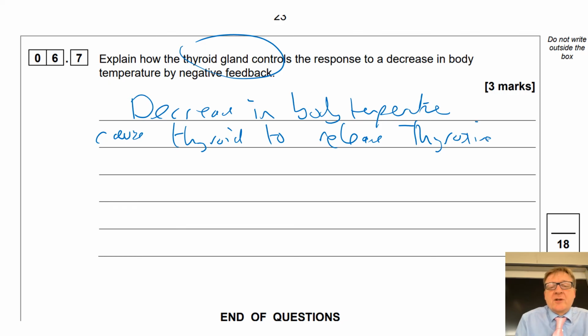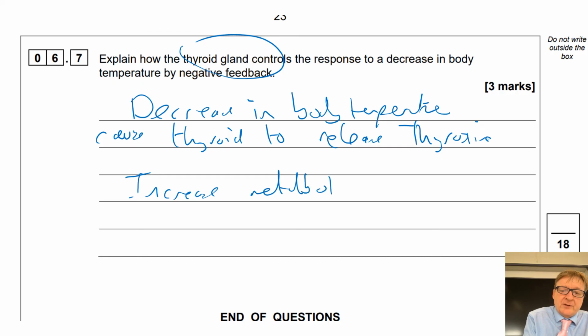Then what you've got to do is think, what does the thyroid gland do? The thyroid gland is all to do with metabolism. So body temperature goes down, thyroid then releases thyroxine. That then increases metabolic rate,